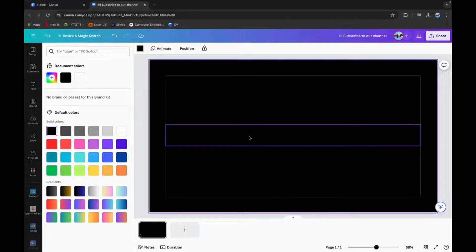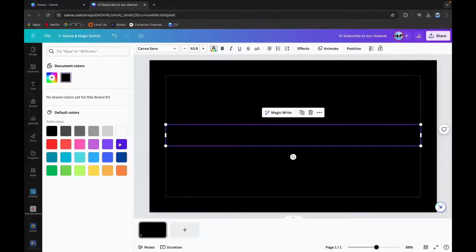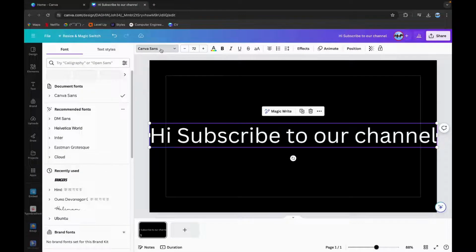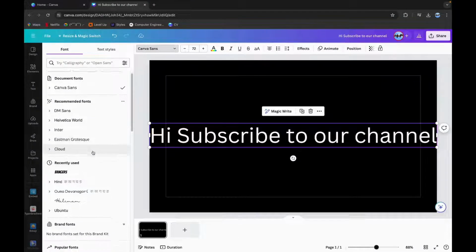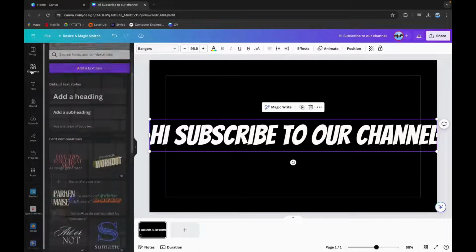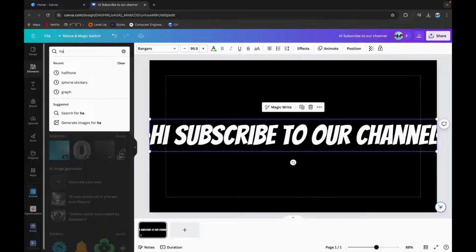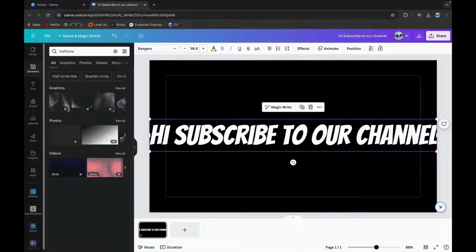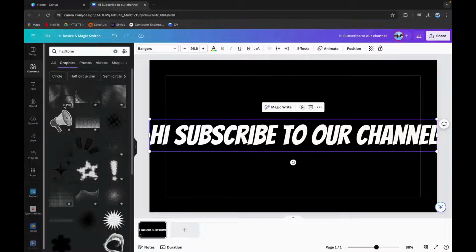Here I am choosing black, and on the text I am choosing the white font. After that you can change the font style. Here I am choosing this Bangers. Now go to elements and on the search bar type in halftone. Now click on graphics and choose this one,